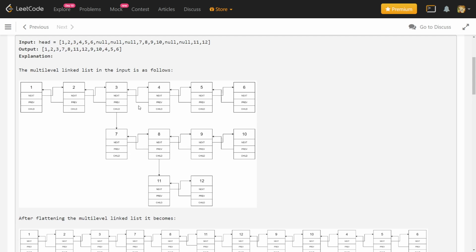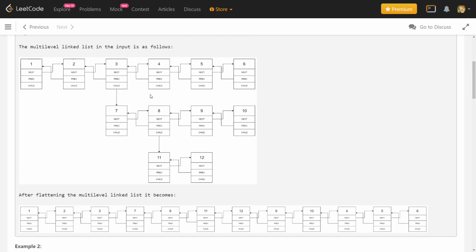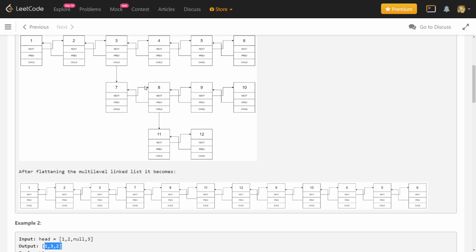I don't need to worry about the pointers right now, as I said, because I'm just adding nodes to the array. If somehow I am able to get this order, then after getting that order, I can create the links myself. So just to repeat on this smaller case: if I have to solve this problem for 2 levels, and I solve it for 1 level, I will get an array containing nodes 11 and 12, and then I can just append it after 8. Then the solution will be 7, 8, 11, 12, 9 and 10 for 2 levels. If I append that solution for 2 levels after 3, I will get the solution for 3 levels and so on. So we will try to solve this recursively.